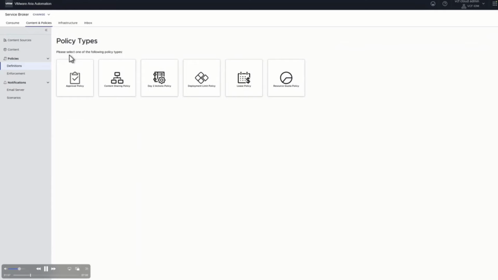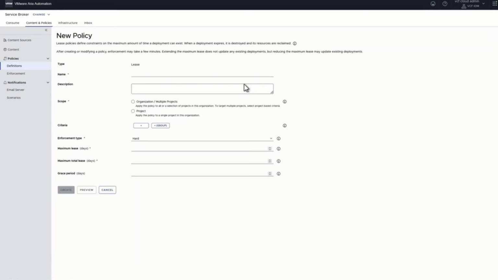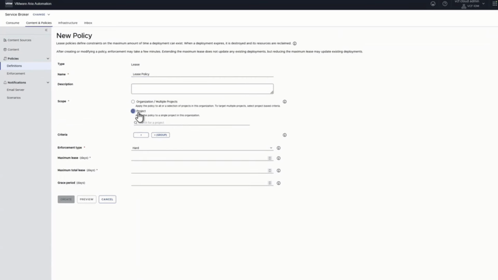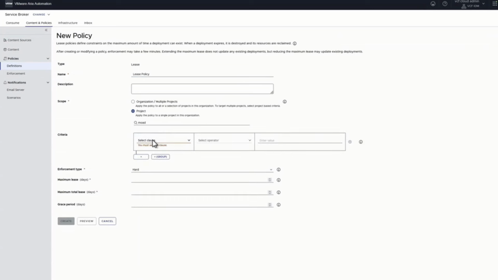So one of the things we'll focus on here, just showing you a little bit, is a lease policy. One question we get asked a lot is, can I get rid of machines after a certain period of time, because I don't want stuff just sitting around? So lease policies are really helpful. We can set criteria like what templates or catalog items, or who deployed it, if it has a certain value here, like the template that we just deployed. And then I can put a maximum lease,